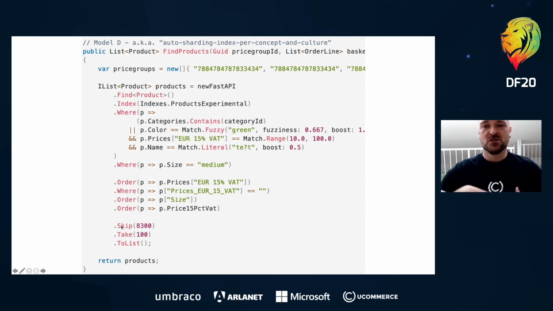Take a look down here. Skip and take. So we wanted it to be safe by default. The first bit of that is that you actually move data from one data storage to the next. So you have to have an opinion on what you need on the front end. Everything is not available by default. You need to actually pick what you need. So you design the index ahead of time. So that's one example, right?